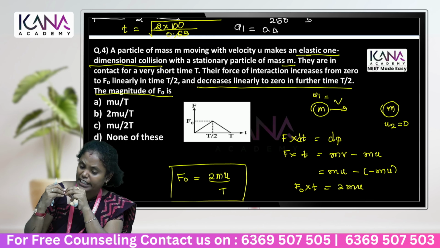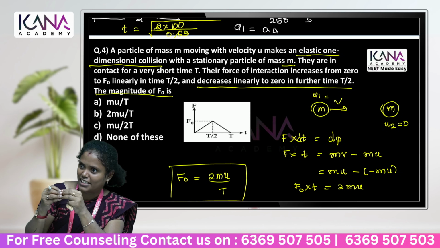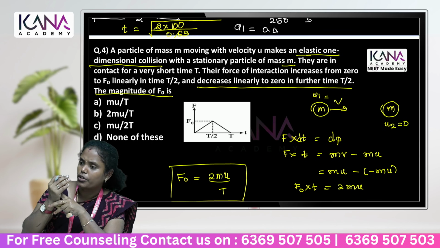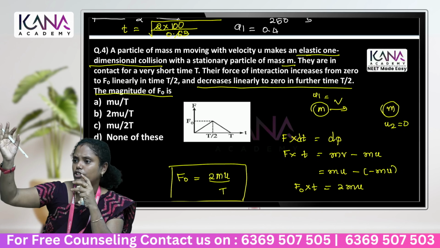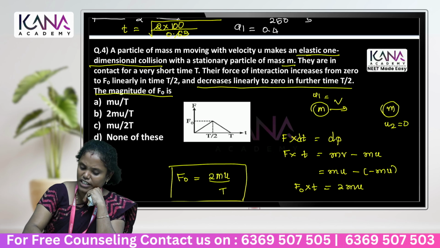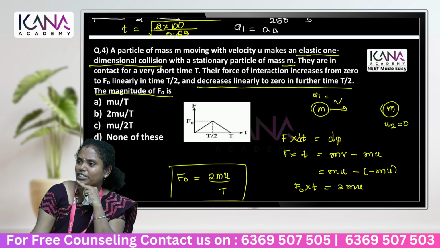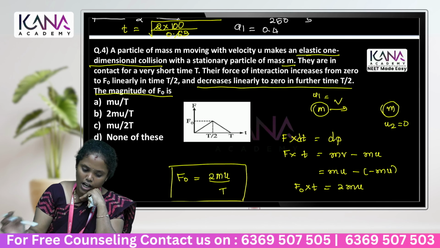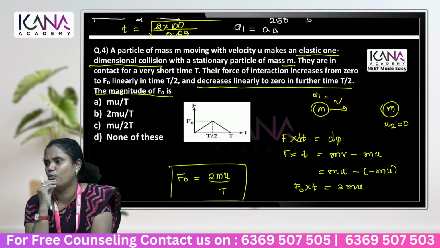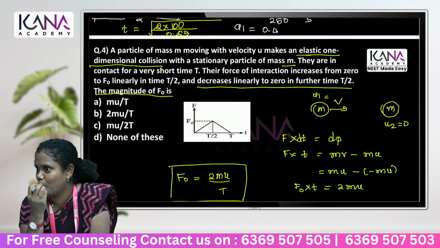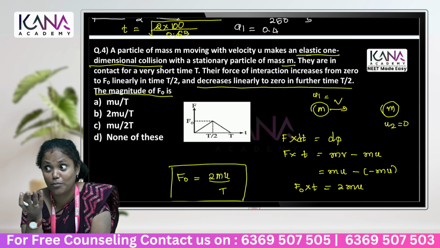Their force of interaction increases, contact அப்ப 0 to f0 ஒரு half time வந்து 0 to f0 இருக்கு then again வந்து என்ன ஆயிடுது 0க்கு வந்துருது. அப்போ நமக்கு ஃபோர்ஸ் என்னவா இருக்கு? இங்க நமக்கு கம்பைண்டா மூவ் ஆகுதுன்னு கொடுத்துருக்காங்களா? கம்பைண்டா மூவ் ஆச்சு அப்படின்னா இது எலாஸ்டிக் கொலிஷனாவே